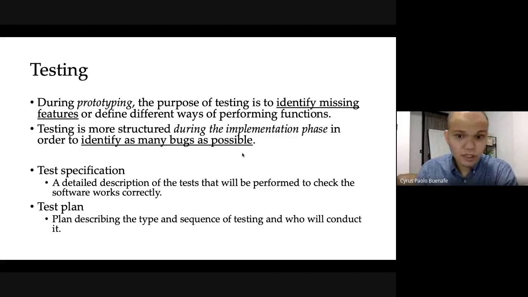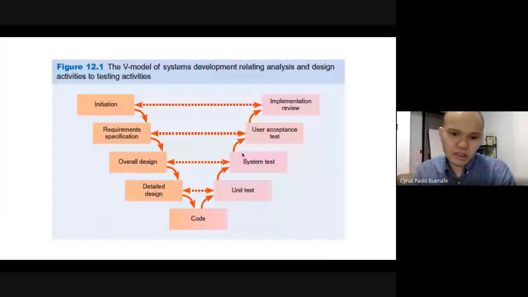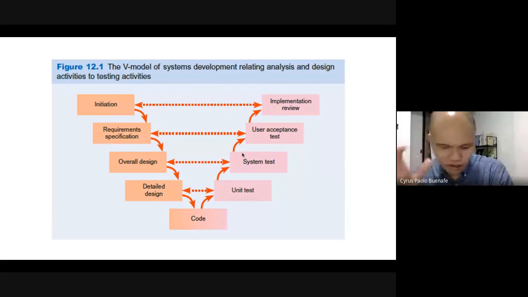Now, the V model. I chose the V model aside from the fact that it's available in the book. What appeals to me about using the V model is that on the left side of your V, these are your typical phases of development. On the right side of your V, these would be your typical phases of tests. There are different types of tests, and each phase can be tested according to certain tests that are done.